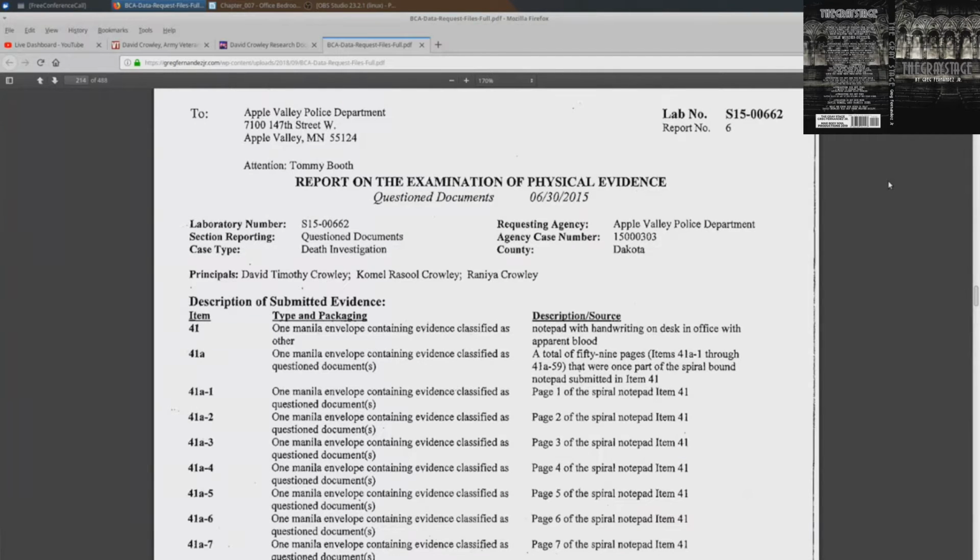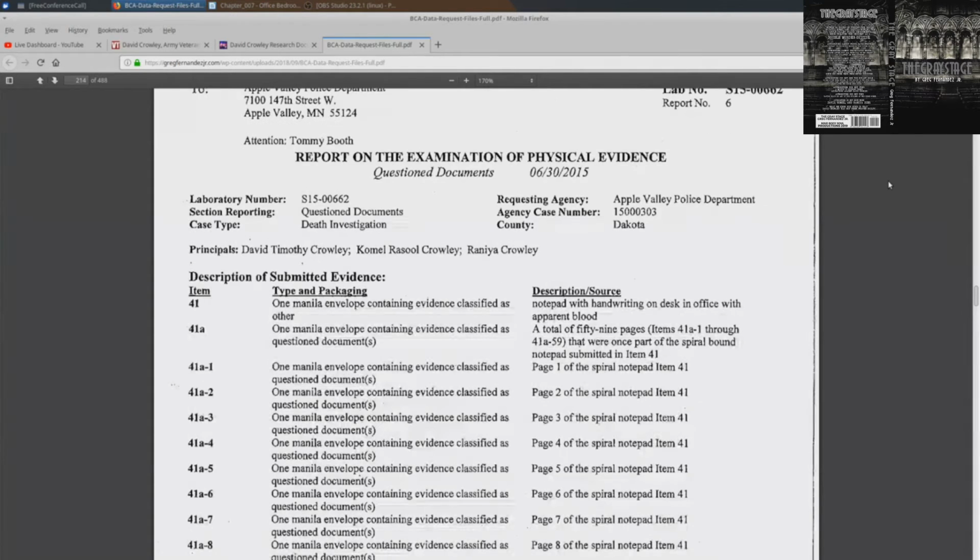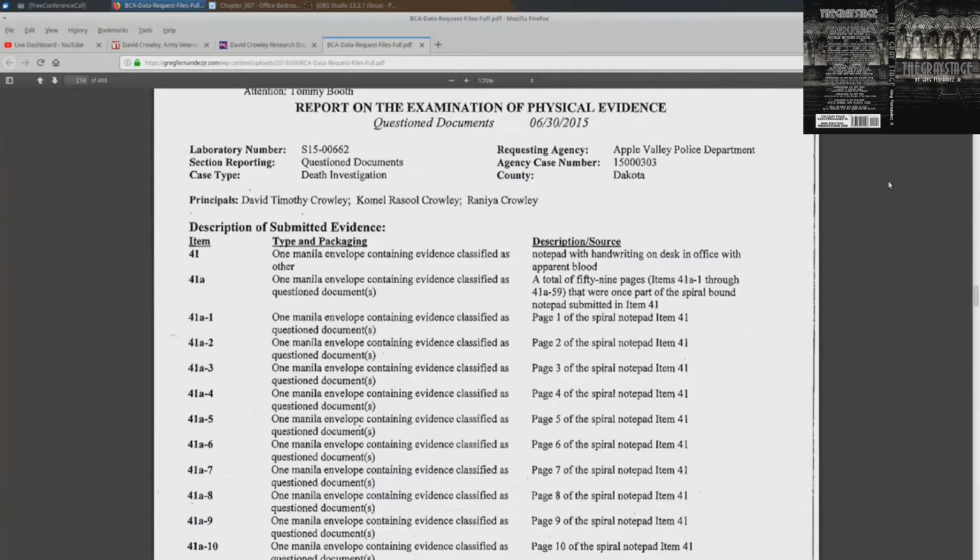All right, so the question documents, we're now skipping to page 214 through 218 is the question documents. This mentions that the handwriting comparisons were not done. You can look at this date too, 6/30/2015. The dates are so important in this case because you can see when they start accusing David and when they actually do their job and when they actually find that these tests are done. So had they waited, instead of telling everybody David was guilty within 24 hours, maybe they wouldn't have this big problem that they have now, which is not being able to prove their own case.